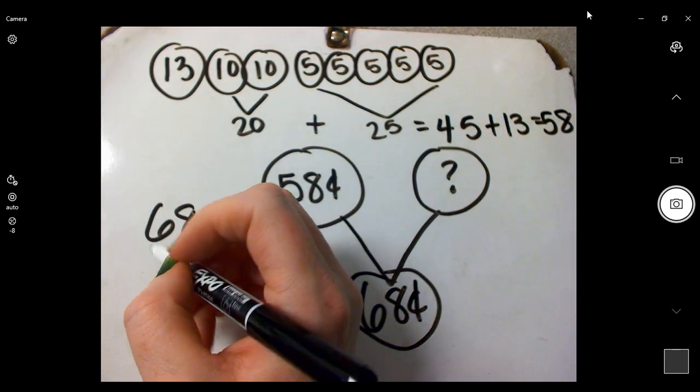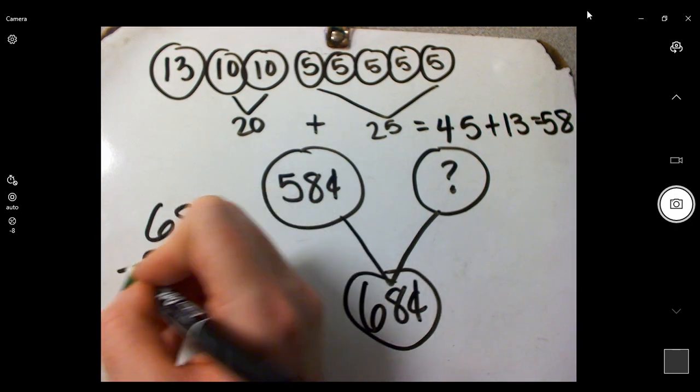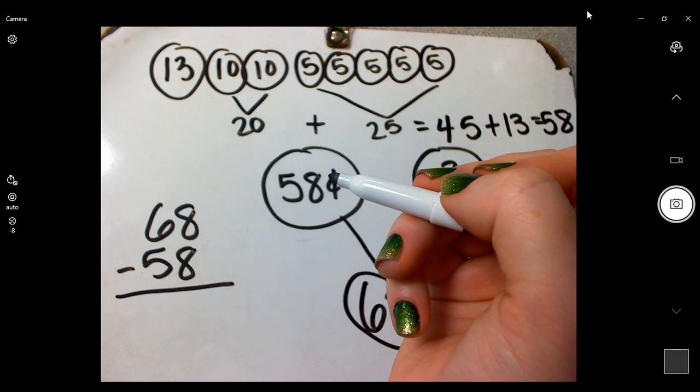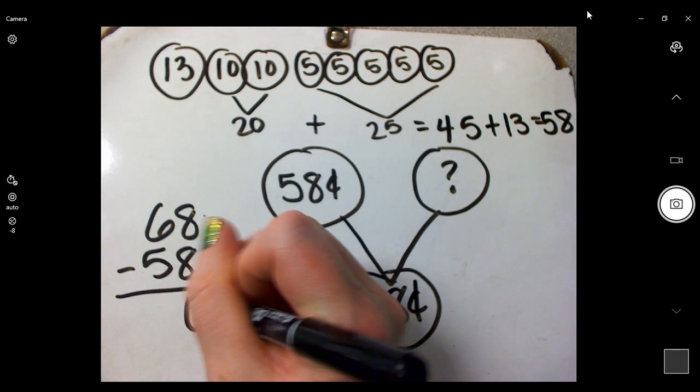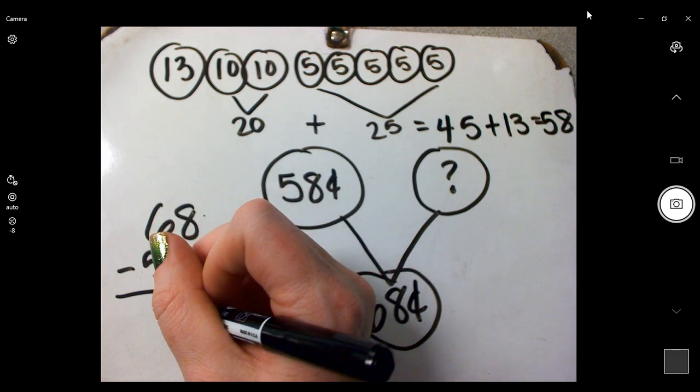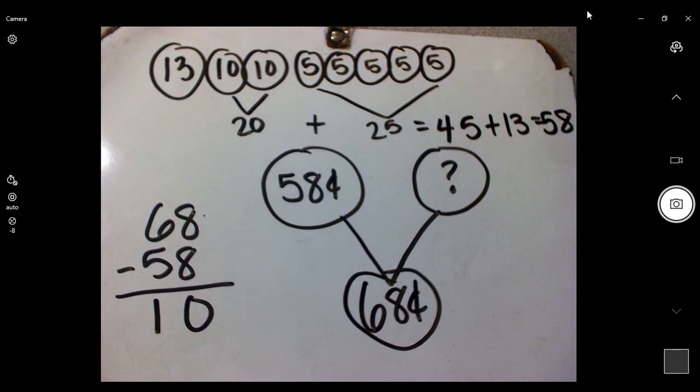68, standard algorithm, minus 58. I'm going to subtract and see if it's a 10, a dime. 8 minus 8 is 0. 6 minus 5 is 1. So yes,